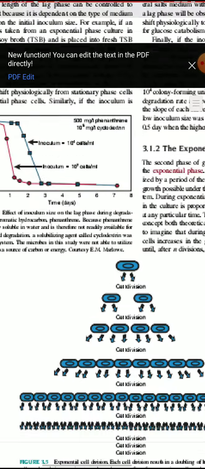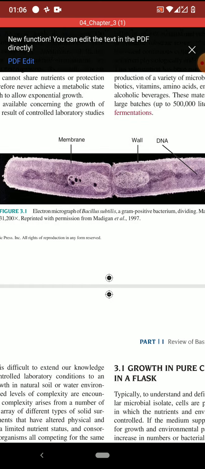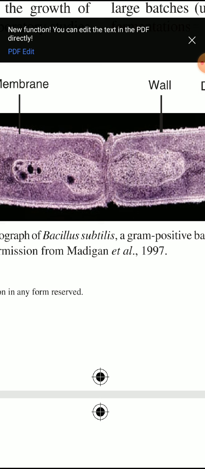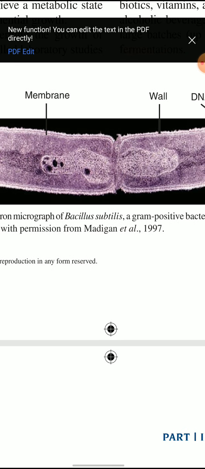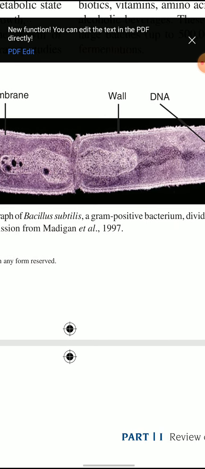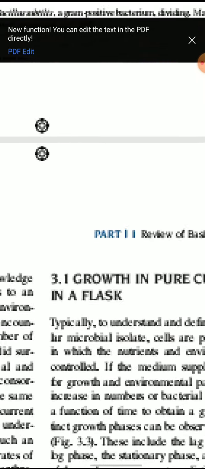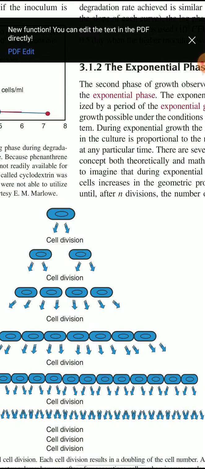That is, a wall or septum divides from the plasma membrane. Here you can observe there is a clear demarcation or division within the single cell. This is an example of Bacillus subtilis, a gram-positive bacteria. So this is how it divides. Within that, the chromosome gets replicated or duplicated, and then the cell wall divides, and then it becomes 2 cells. So as I have shown here, this is the process of binary fission.